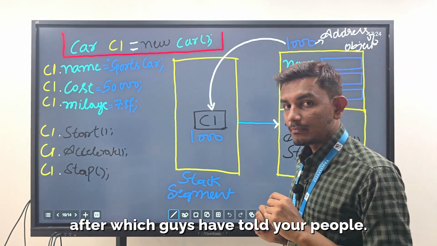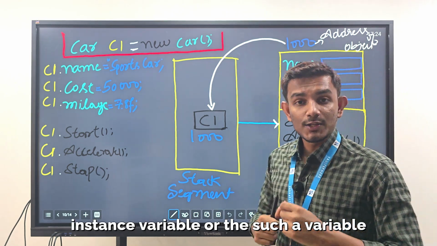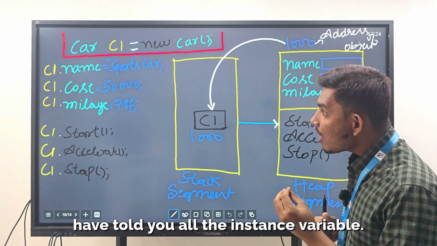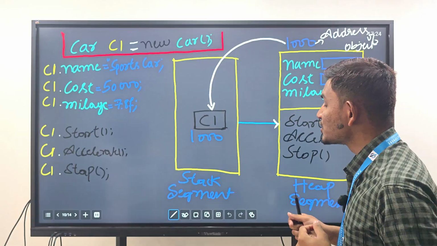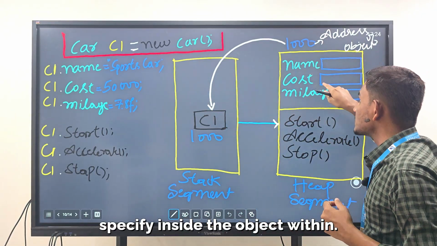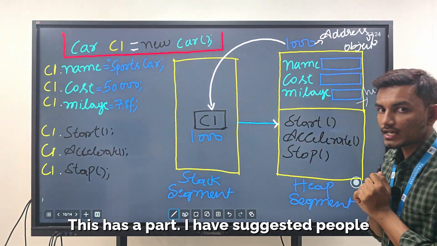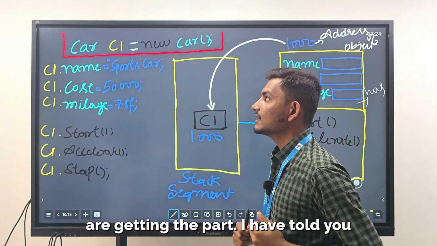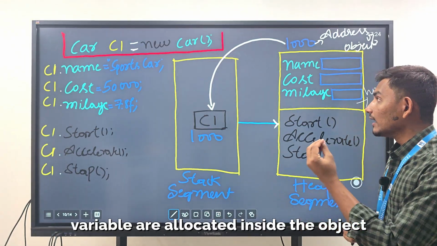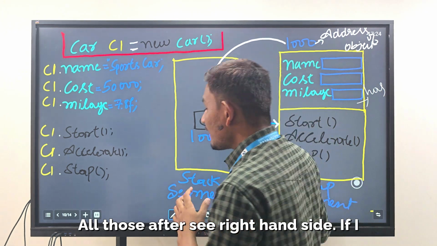After which, guys, I have told you about the instance variables. What do you mean by instance variable? Instance variables are such variables which are declared inside the class. As I told you, the JVM will take all the instance variables and specify them inside the object, within this has part. Now, after all the instance variables are allocated inside the object within the has part,